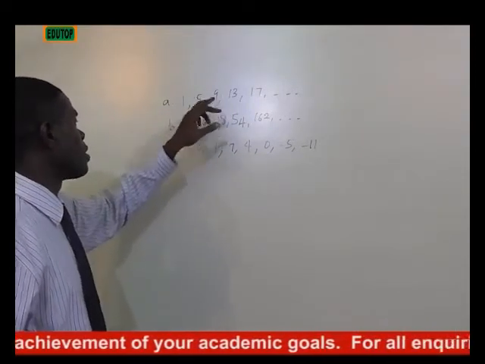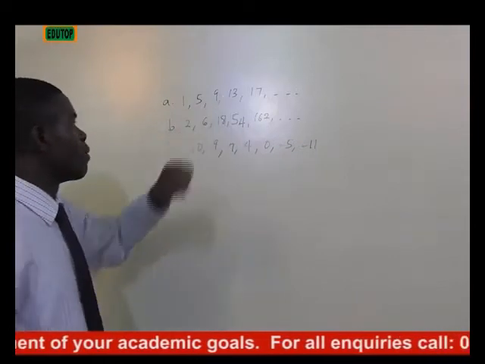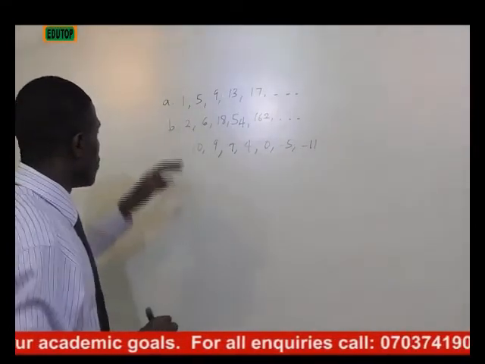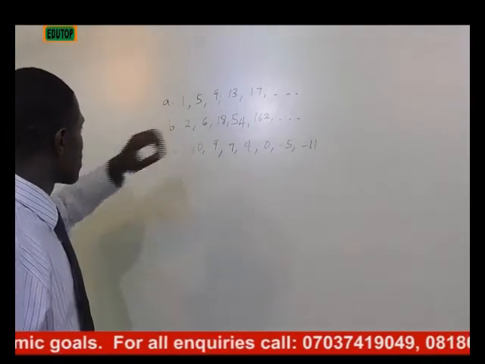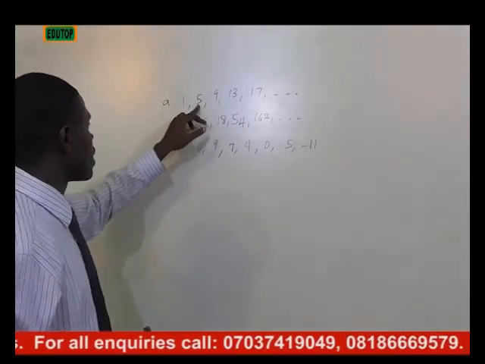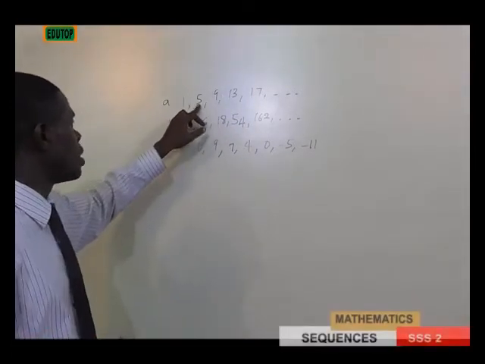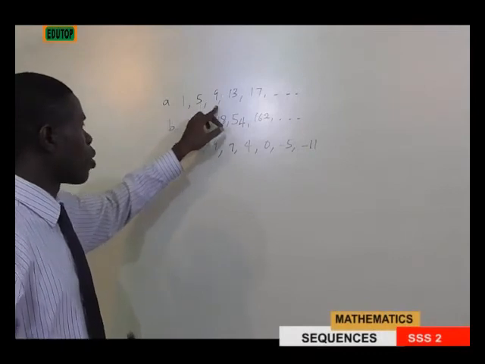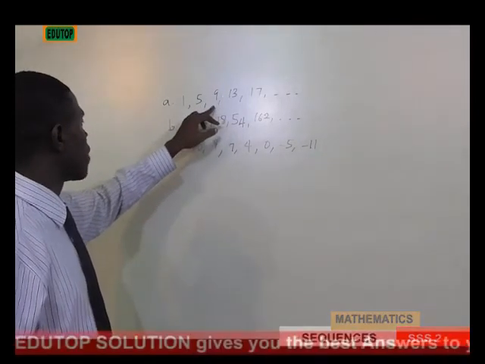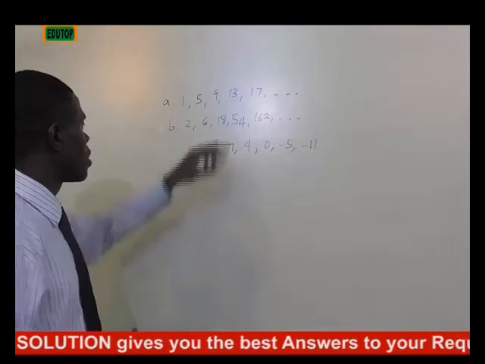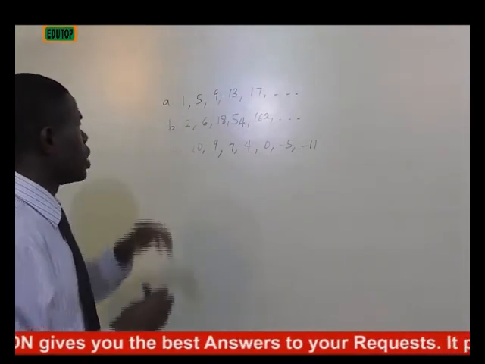The third term is 9, while the fourth term is 13. If you look at this closely, the difference between the first and the second term is 4. The difference between the second and the third term is also 4, while the difference between the third term and the fourth term is also 4. So it means that